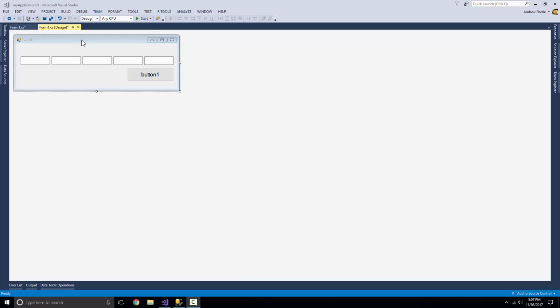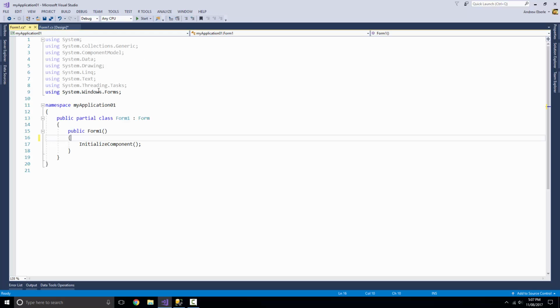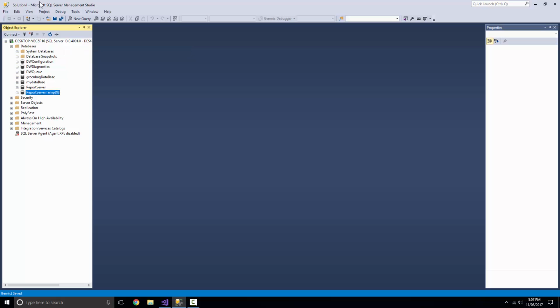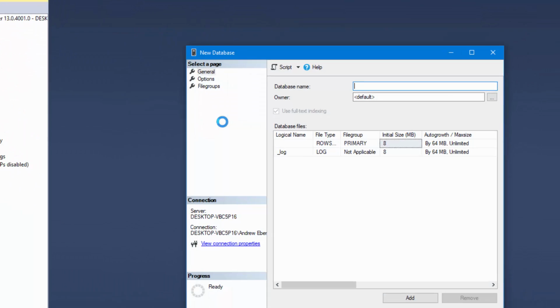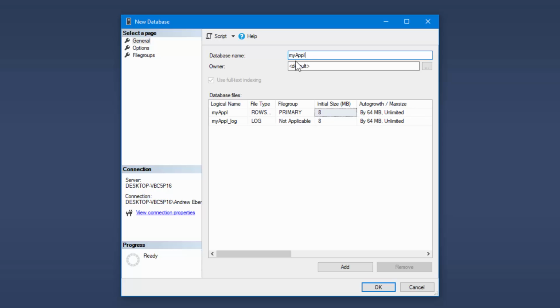So let's begin. What I've done quickly is create five text boxes here and just a button. There's the code behind it, and there's nothing there. This is pretty much the norm of what you'd get. To start the video off, we'll go to our SQL Server Management Studio and create a new database. I'm just going to call this My Application